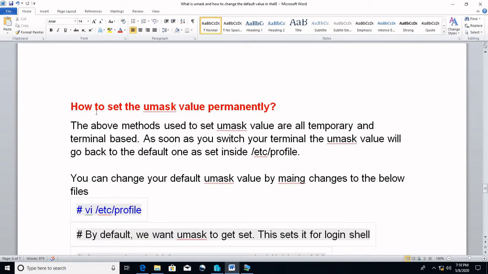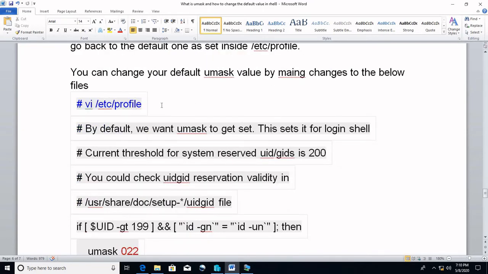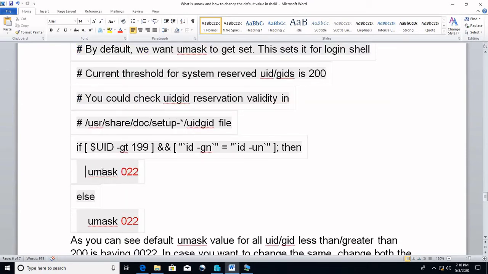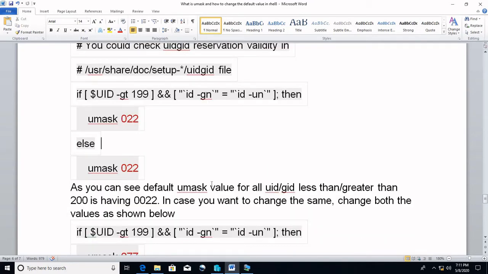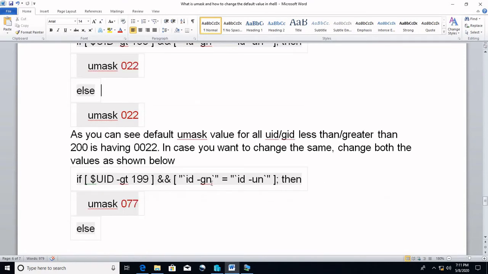And lastly, how to set the umask value permanently. You can go to /etc/profile. In that, search for umask and you will get a value. Here you can change the value in both sections, and you need to restart the system. Then for all users, this value will be set.